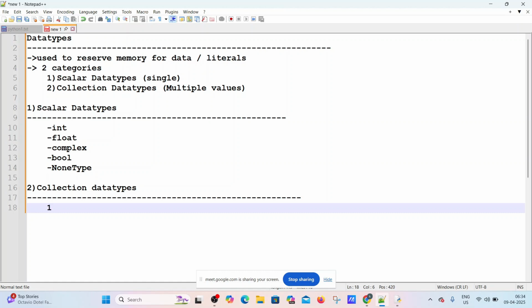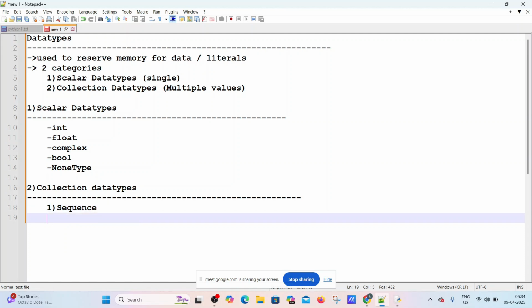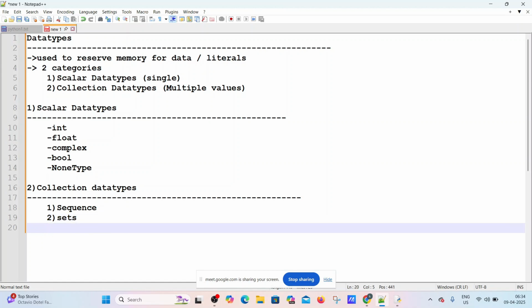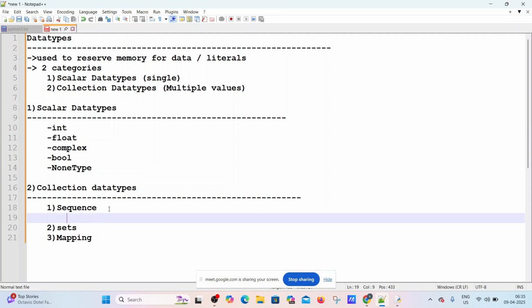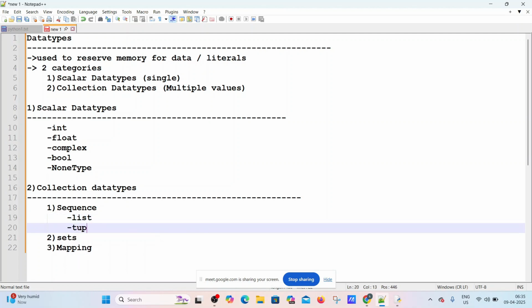The first category is sequence, the second category is sets, and the third category is mapping. In sequence, we have list, tuple, range,